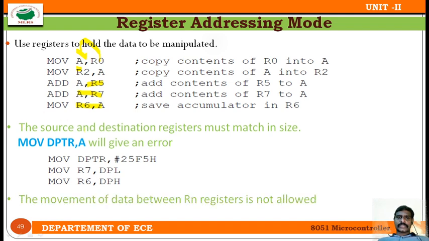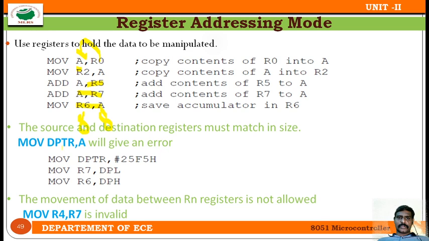The source and destination registers must be of the same size, which means both need to be 8-bit. MOV DPTR, A is not possible because A is an 8-bit register and DPTR is a 16-bit register, so transmitting data from the accumulator to the data pointer is not possible. For that purpose, how do I need to do it? I need to transfer a 16-bit immediate value into the data pointer, or I need to use something like